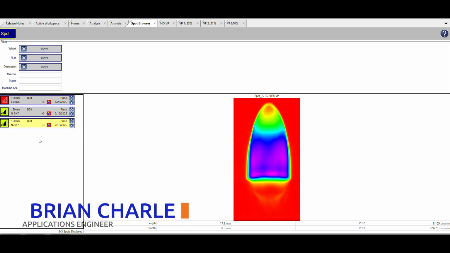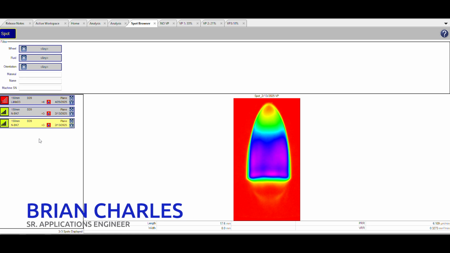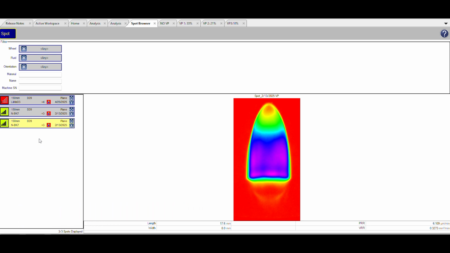Hi everyone, this is Brian Charles, one of the applications engineers in the applications group. I'm here to talk to you about using variable plunge for selecting a desired spot size based on your solve